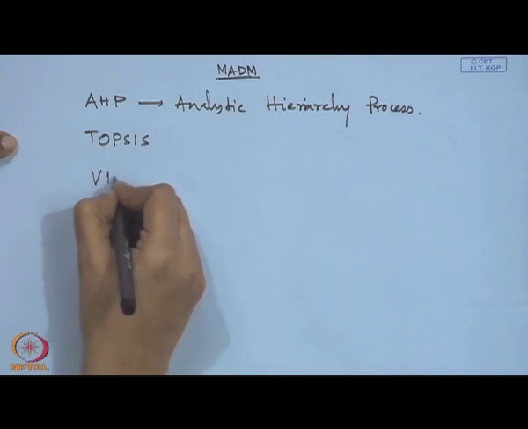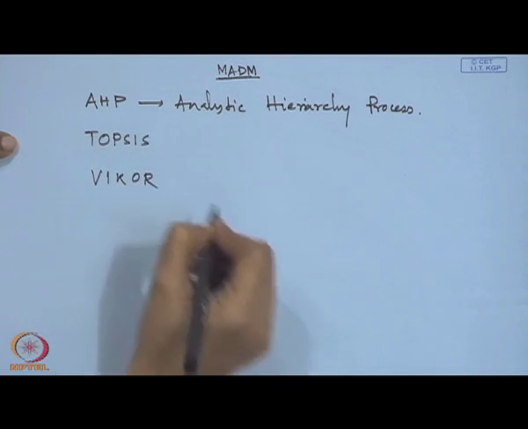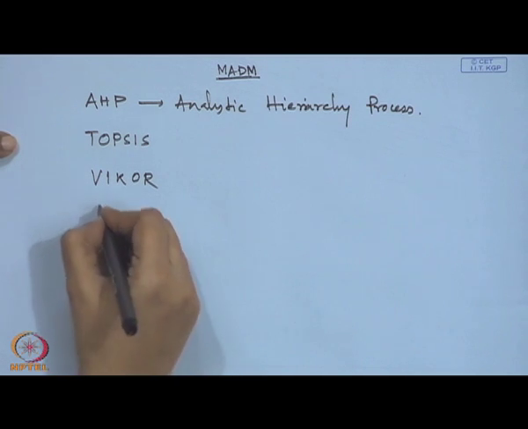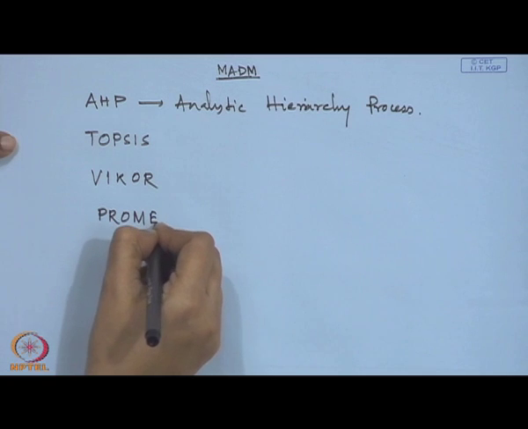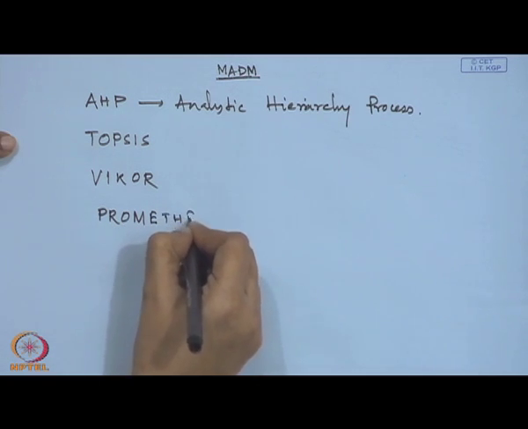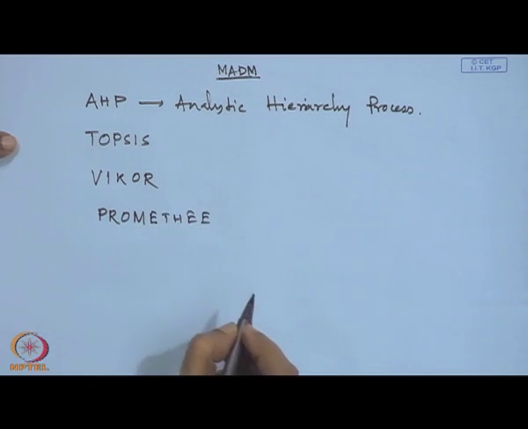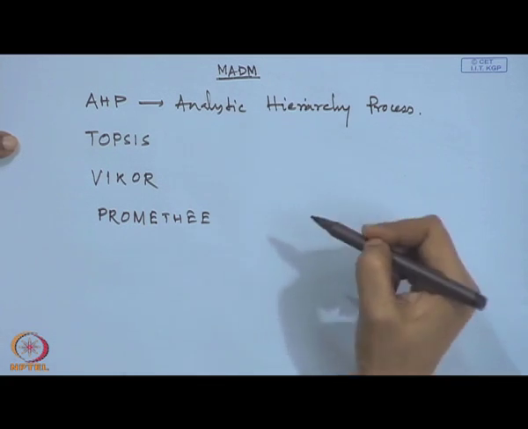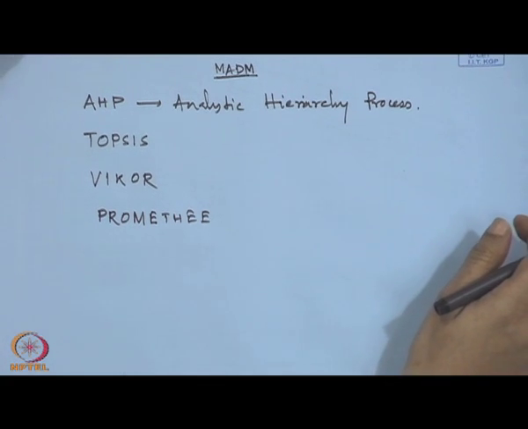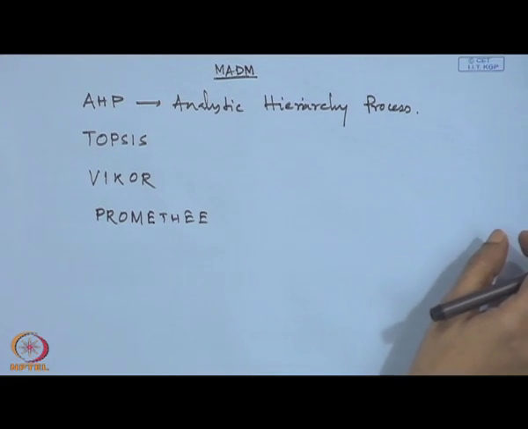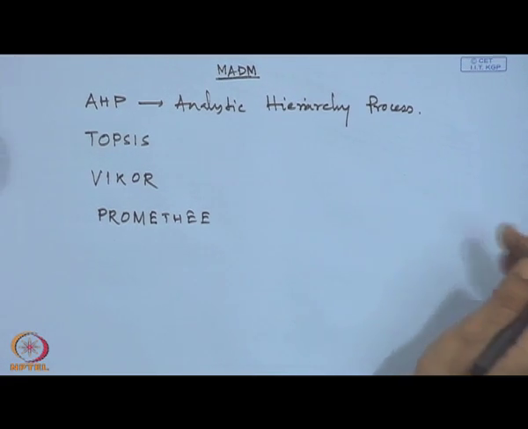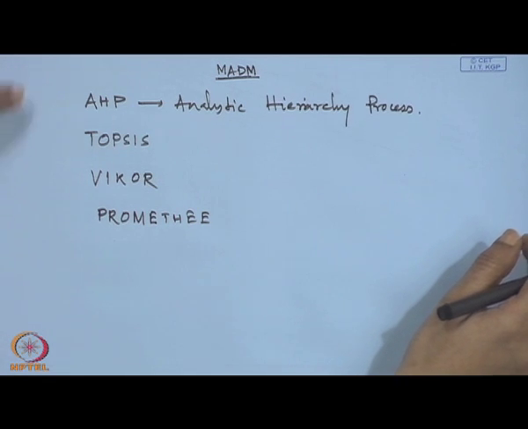There is another one, and we also have outranking methods, such as PROMETHEE. Today there is no scope to detail all the methods. I will start with the analytic hierarchy process, and then let us see how far we can discuss